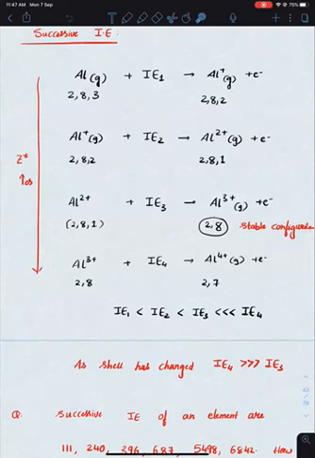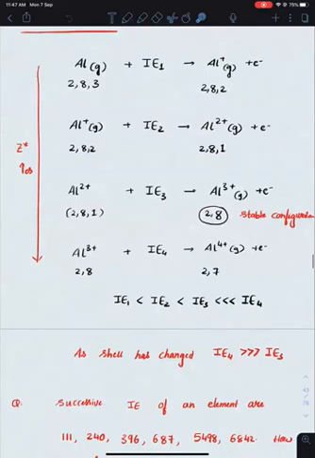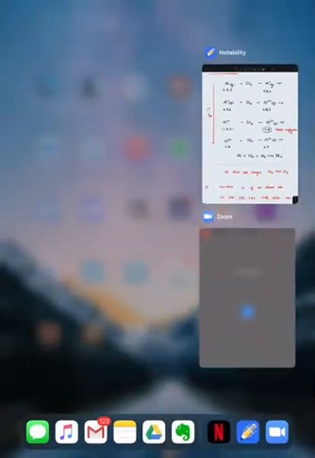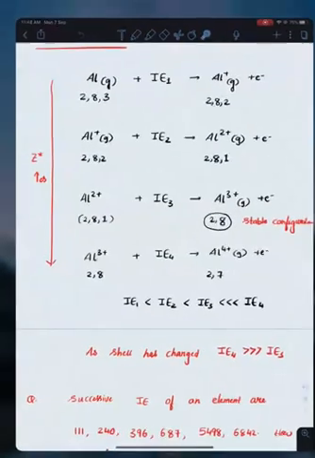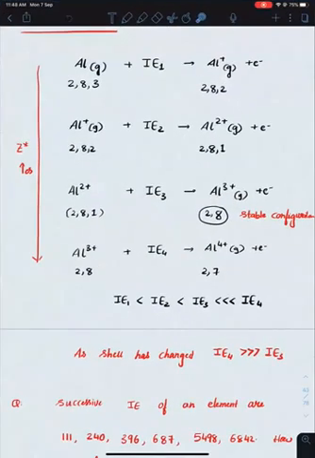So this particular process, successive ionization energy, जो भी concept है, it is used for counting the number of outermost shell electrons or the valence electrons. Okay. So if you want to count the number of valence shell electrons in an unknown atom, start removing the electrons. Whenever you are removing the electrons, whenever there is a sudden jump in the ionization energy, you can say the shell got changed.